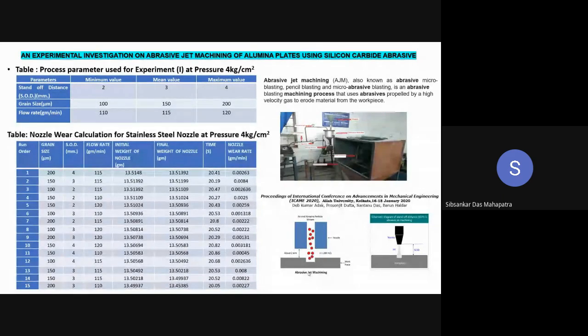And the third thing is flow rate. This is the flow rate with which the combination of air and abrasive particles strikes the workpiece. This is a very important term from our fluid mechanics point of view. So they have taken three things as input. Again, I am repeating: stand-off distance, grain size,